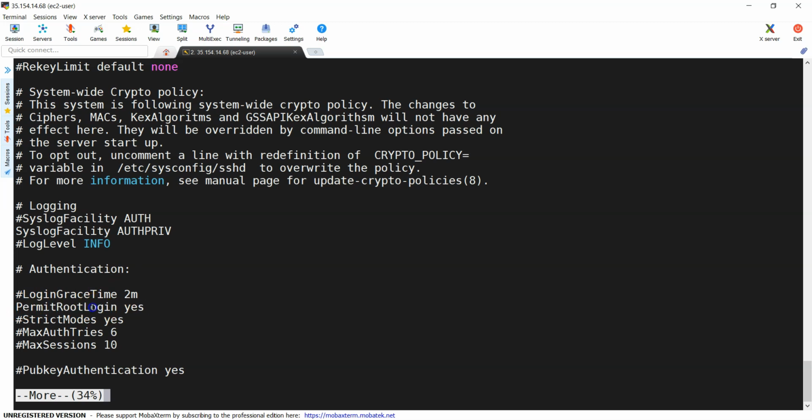Yes. So what does it mean? If I want to log into this system as a root user, and it says yes, I can log in as a root user. If it says no, then you are not permitted to log in as a root user. So rather than searching like this, I can just grep Permit on the /etc/ssh/sshd_config file.